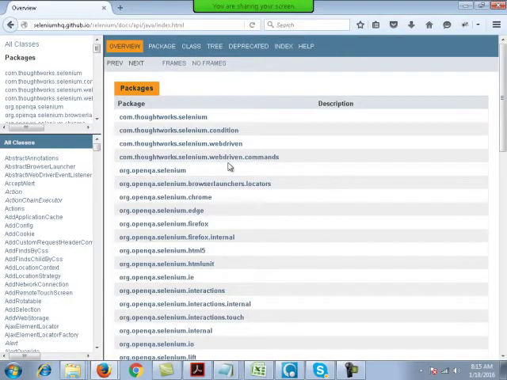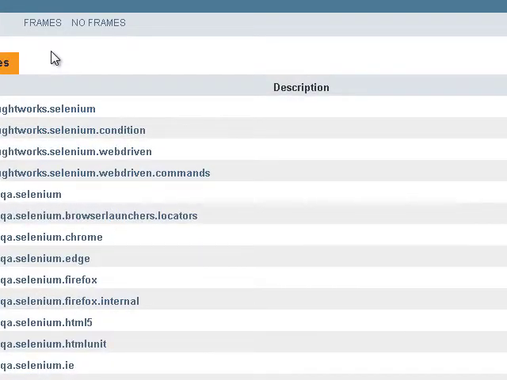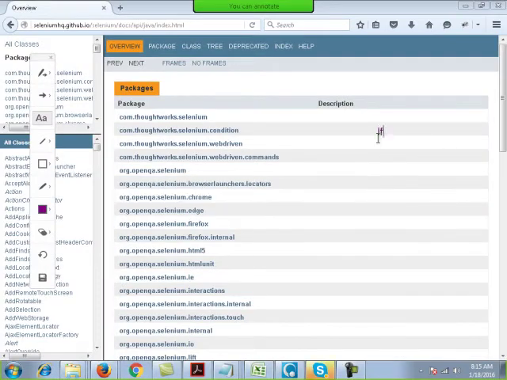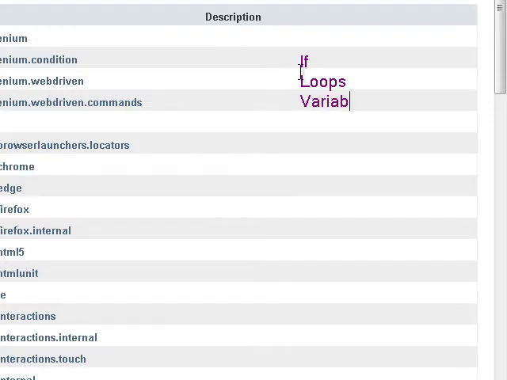We'll start off with the basics of Java. There are people in this course who don't know Java a lot, so I'll be starting with the basics, but at least I am assuming that you know the basics of a programming language. By that, I mean you know what an if statement is, what loops are, like for loops, what variables are, integers, strings and all, and what functions are. If you don't know this, then don't join the training directly. Get the video access first and then join the training by paying the remaining fees.